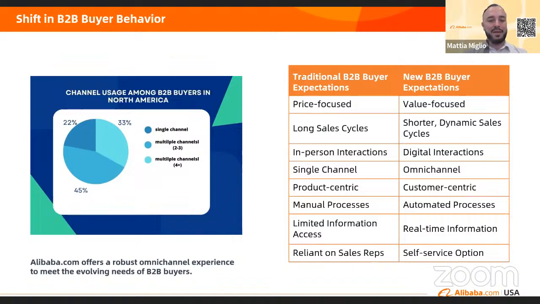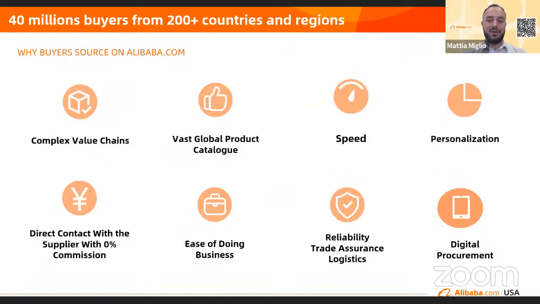countries. Our platform has seen a huge boom in recent years due to the change of the buyer's behavior. Now buyers are looking for a platform that allows digital interaction, that is very customer-centric, that has real-time information, that has automated process, and also that shorten the time of the negotiation between buyers and sellers. These are the reasons why 40 million active buyers in the platform every month log in our platform, because of the speed, because of